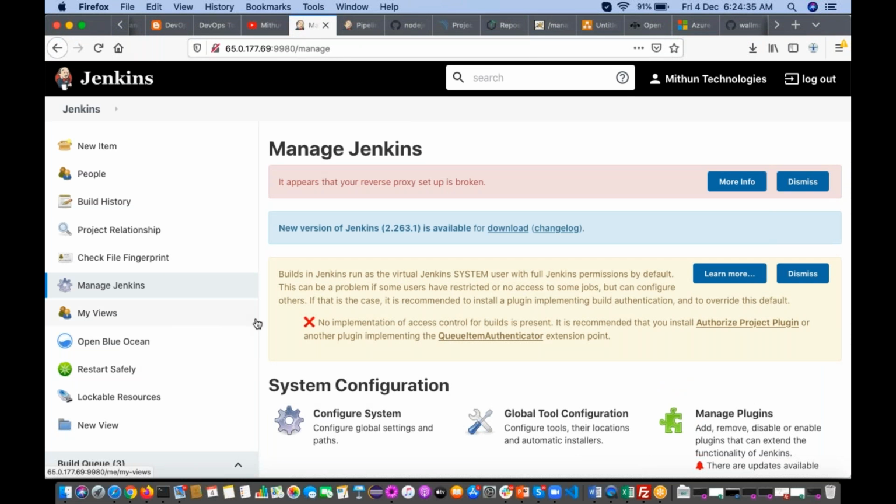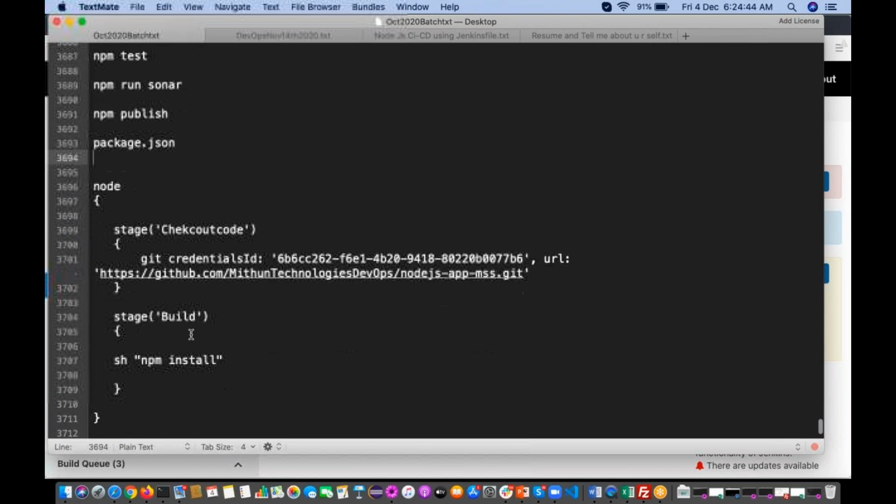Okay, so now I want to use whatever the latest version I have configured. For that, we need to change this.